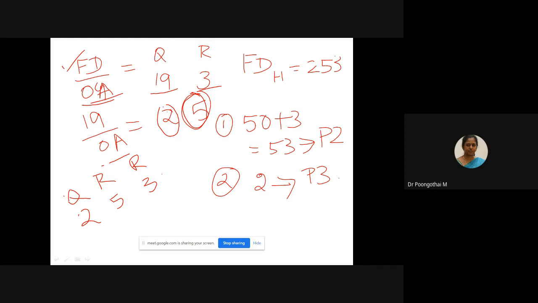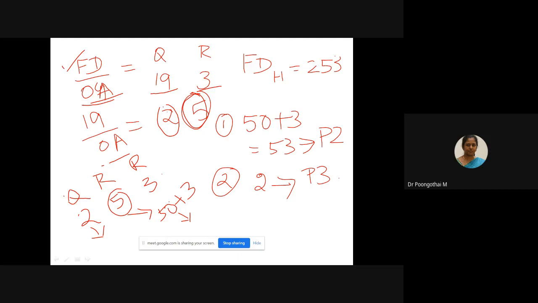Either you can rotate this number 5 towards left or right 4 times. The answer is 50. Add this 50 with 3, so you should get 53 and display it in P2. And move this 2 to P3. So the answer is 253. This is one method.